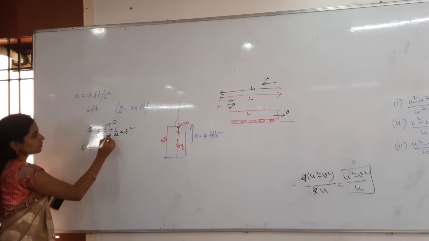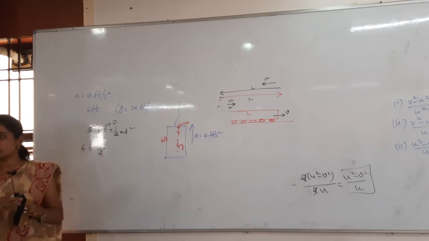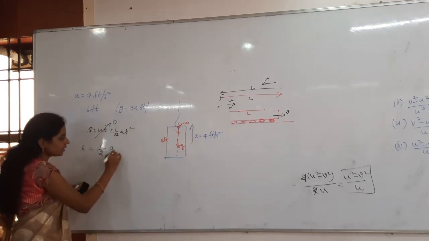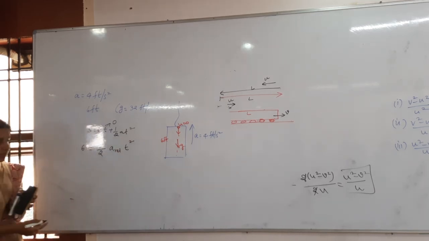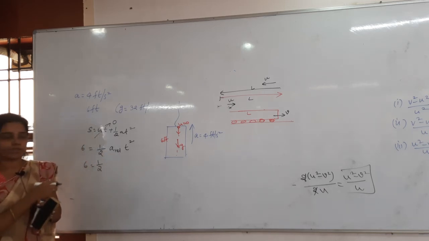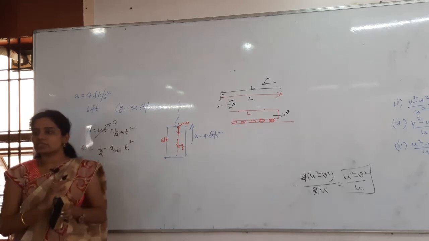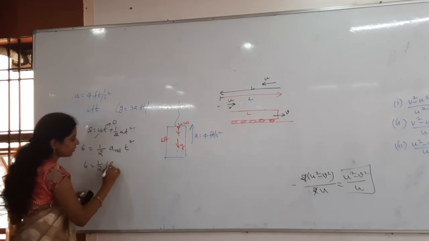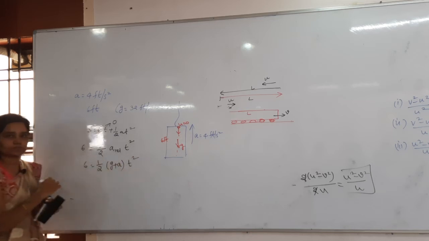Displacement, how much displacement is it travelling? 6 feet is equal to half. One acceleration is there or two accelerations? Two accelerations. One is a, another is g. So what can I write? A relative into t square. Clear now? Then 6 is equal to half into, what is the relative acceleration here? One is upwards, another is downwards. Both are moving in opposite directions. What will you get, addition or subtraction? Addition only, no? So the relative acceleration you have to take as g plus a, into t square.